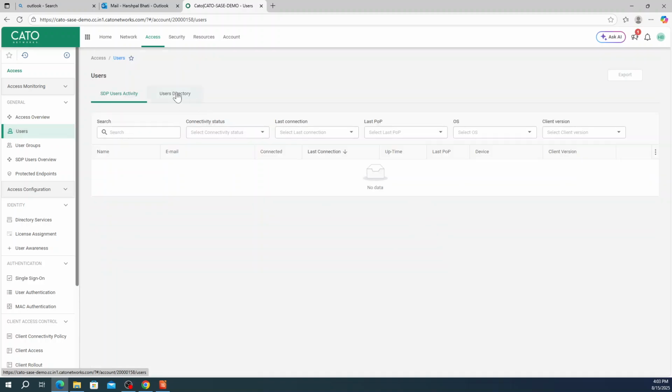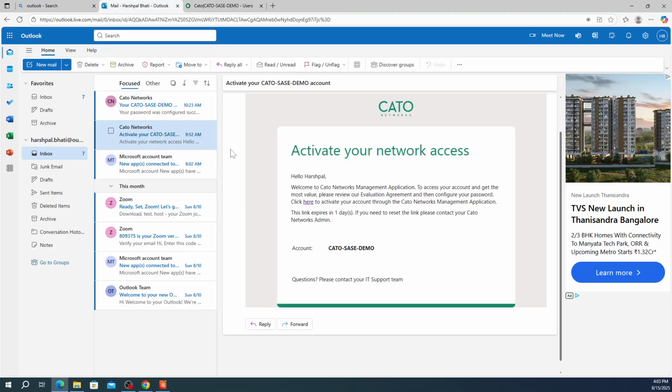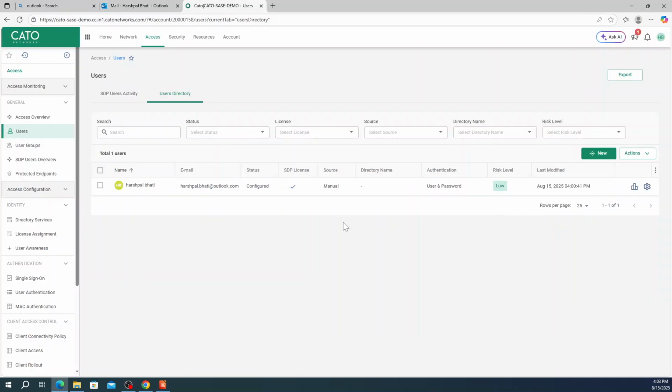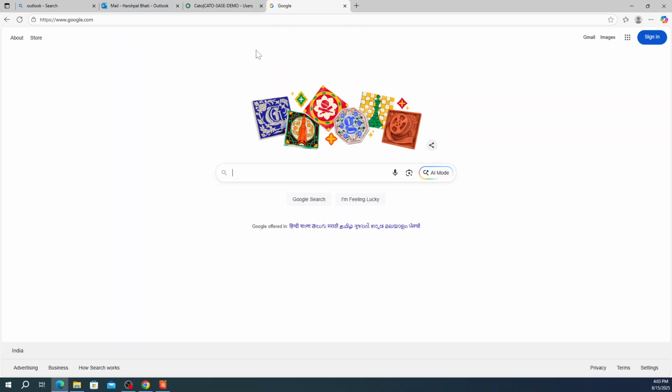So now we have the user directory. Okay, so that's the one thing. Now what we're going to do is, after this, when you created a user, we just added a user. There is no password that has been set for this user. So the next thing you need to do is search for the CATO client,